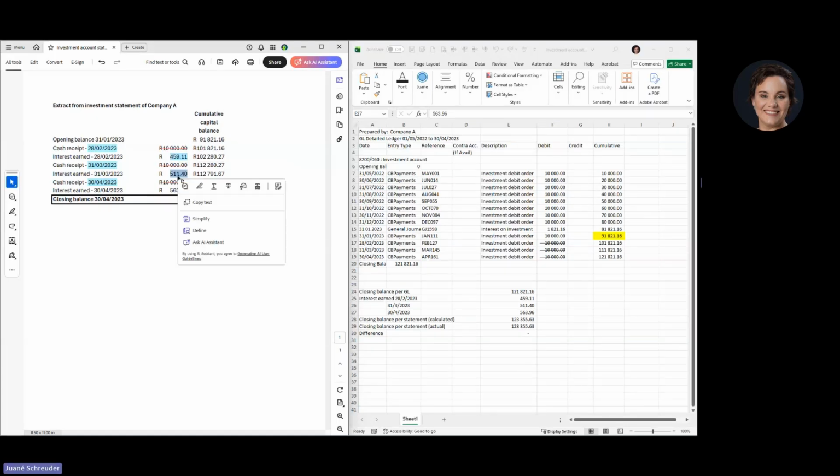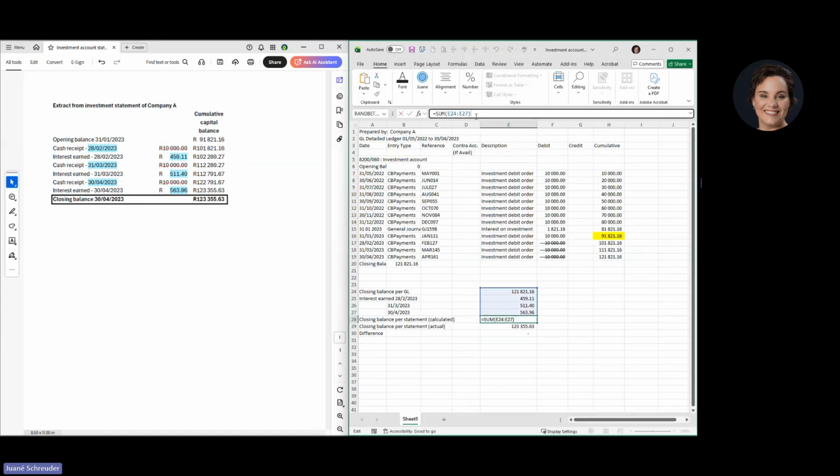All right. Does the account now reconcile? Let me just highlight these ones. So you can either then strike them through as you are recording them in your calculation. Yes, we see the sum of those items is now the same as the balance that I've got from the actual statement, 123355. So the difference is 0. And now I know that I have created the link between these 2 documents.